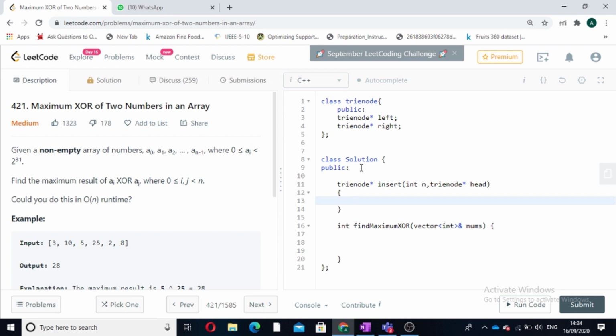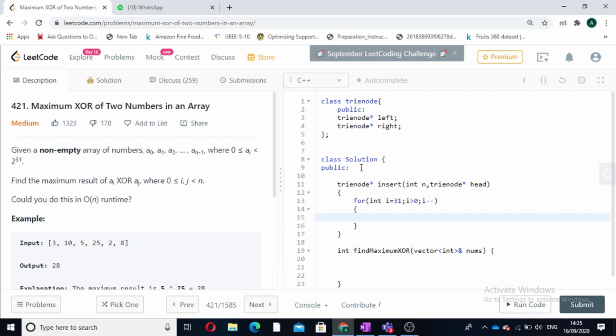Now there are total 32 bits. So first we will find all the bits. For int i equal to 31, i greater than or equal to 0, i minus minus. So this loop will give us the bits of the number.